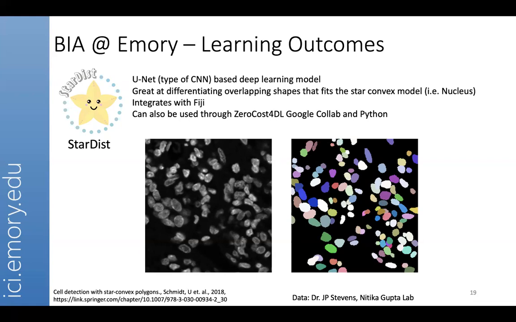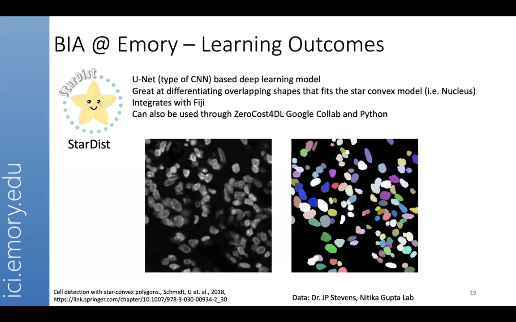And in this particular plugin, the model has been trained on a ton of different nuclei that people annotated. And again, if the word annotation is new for you, that's okay. We will be getting into annotation in our workshops later on, okay? So what essentially happens is people annotate a lot of nuclei, which are very different, and that gets fed into this model. So now when you are using a particular image with very complex nuclear shapes, you are able to